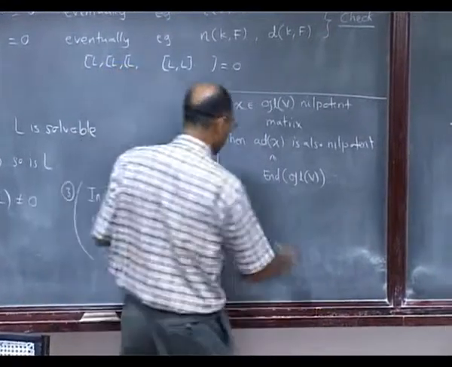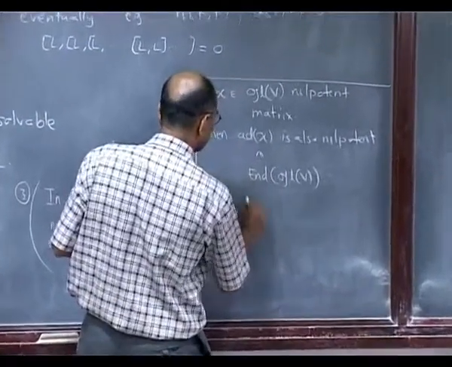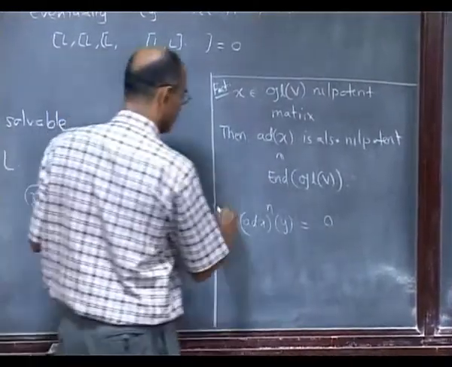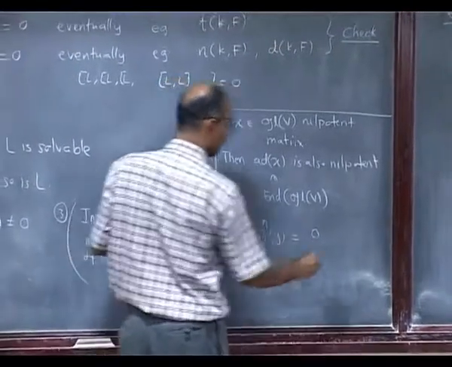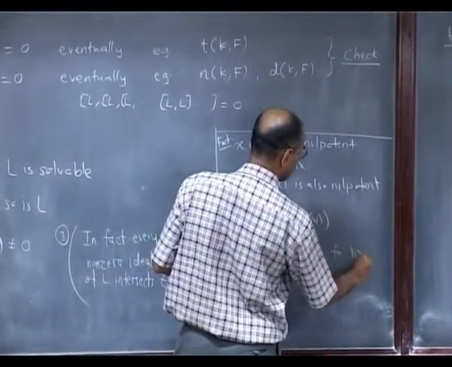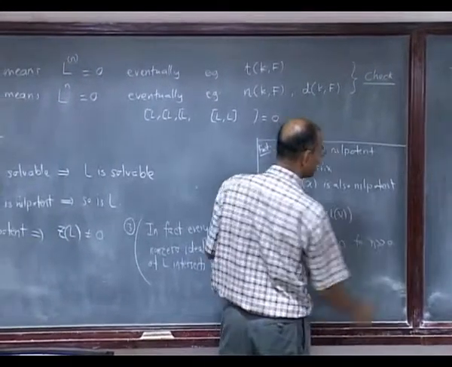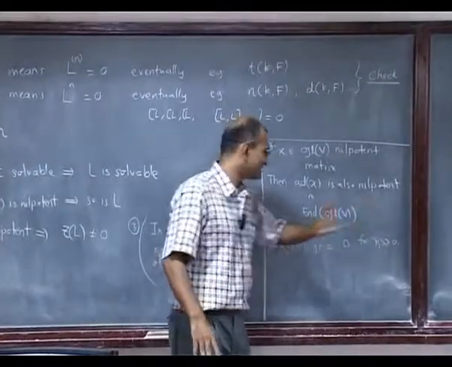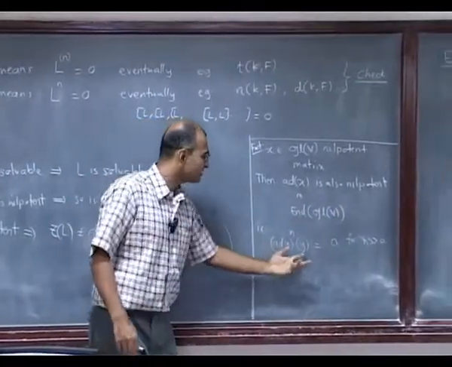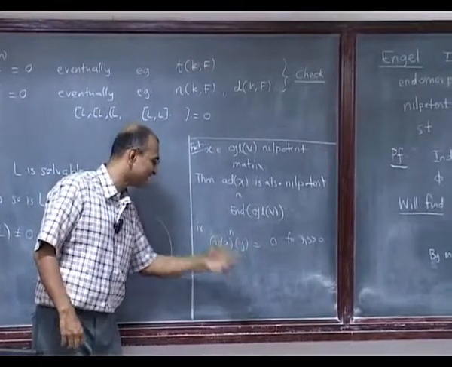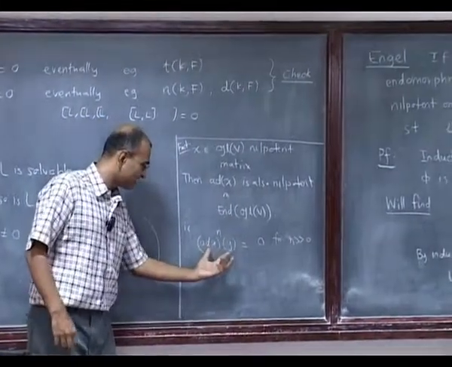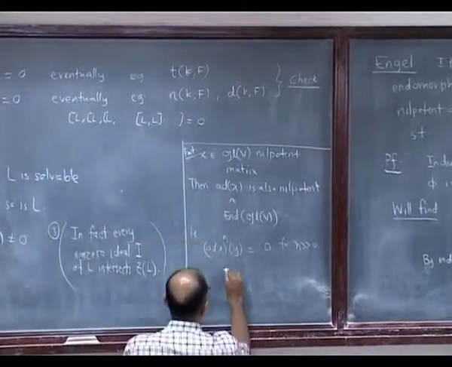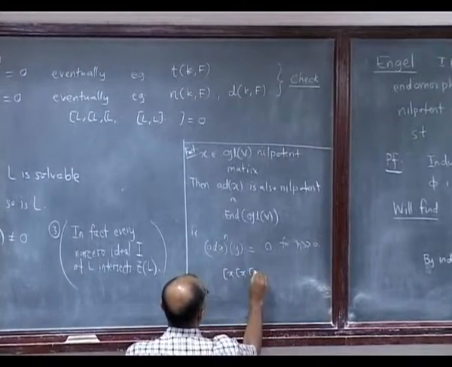So the general fact is this, let's just see why this is the case, right. What I want to say is that if I take ad x to some large power n of y, that is 0, right, for n large. And then of course I know which n will work, right? If something is nilpotent, the dimension of the vector, anyway, that's a separate issue. But what is this? If I write this out, there is a slightly fancier way to write it, which we will do. What does this mean? You have to bracket it many times, correct? x, x, x.